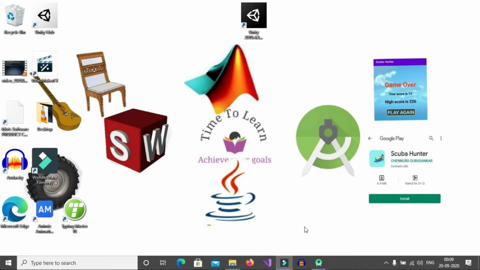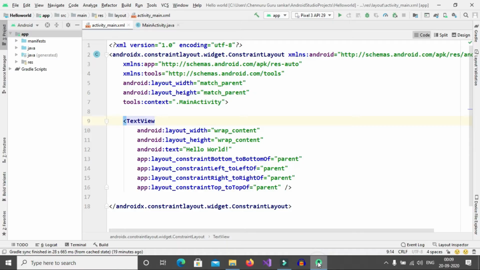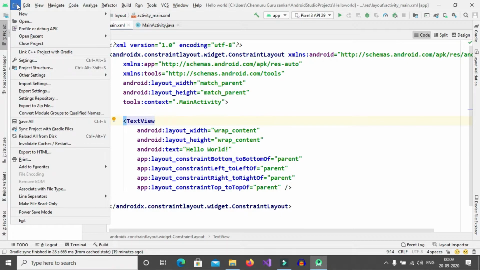So open Android Studio. Before creating our Android virtual device, we need to check our settings of Android SDK and JDK, and we need to install some packages to accelerate our emulator. To check our settings of Android SDK and JDK, click on File in the menu bar. After clicking, we can observe Project Structure. Click on that.